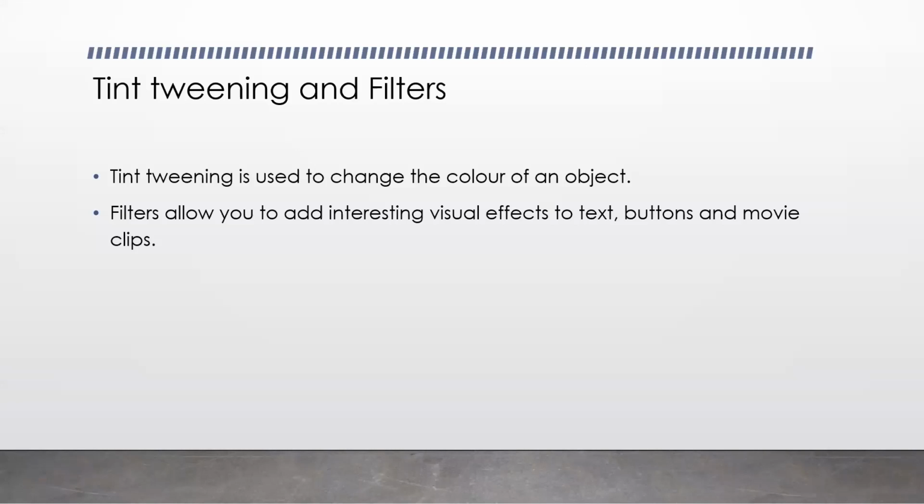All right, so this was all about the Animate CC workspace, basic features, document properties. Okay, then we learned about gradients, the types of gradients if you want to create. Okay, then we learned what the different types of animations are, frame by frame and tweened. Okay, then we learned tint tweening also, and how to apply filters. So we are not going to go much deeper into the steps. All right, so you have to learn these tools, and for what purpose you are going to use which tool.